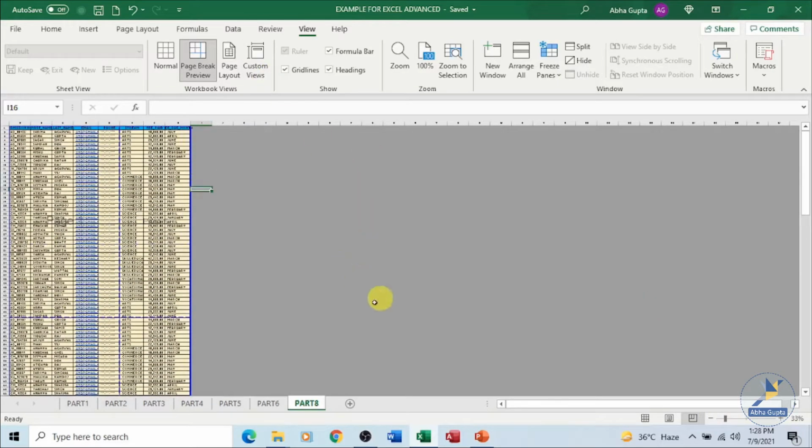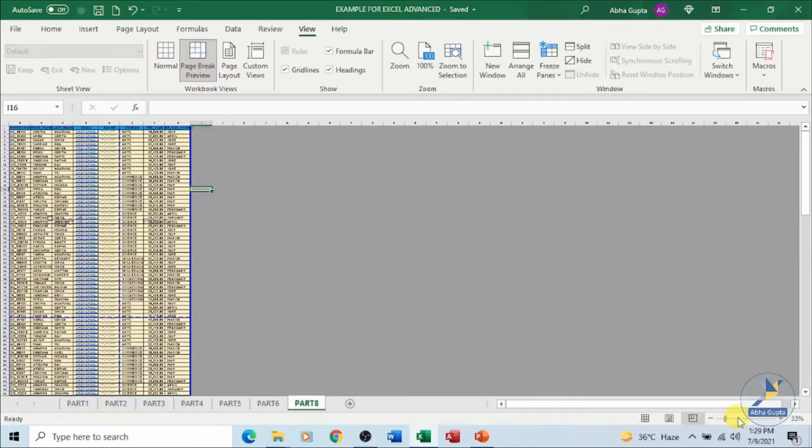So in your page break preview, the entire data, you have two types of page breaks. One is the automatic one, and the other one is the manual one. These automatic ones are the dashed lines. These are placed by Excel automatically. If you place your mouse pointer above that, it will change into a two-headed arrow. You can always click and drag and change the position of these breaks manually. You can also insert the page breaks. We will see that also.